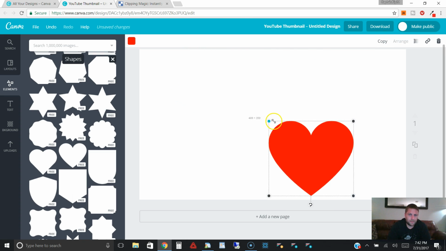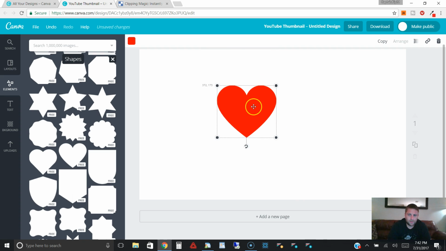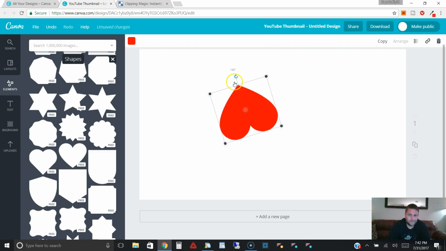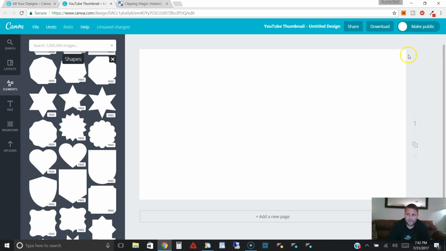Say I want to make this smaller, I just shrink it down. I just grab one of the corners. I can tilt it. I can do everything like that. But the most important, the thing that I use the most,